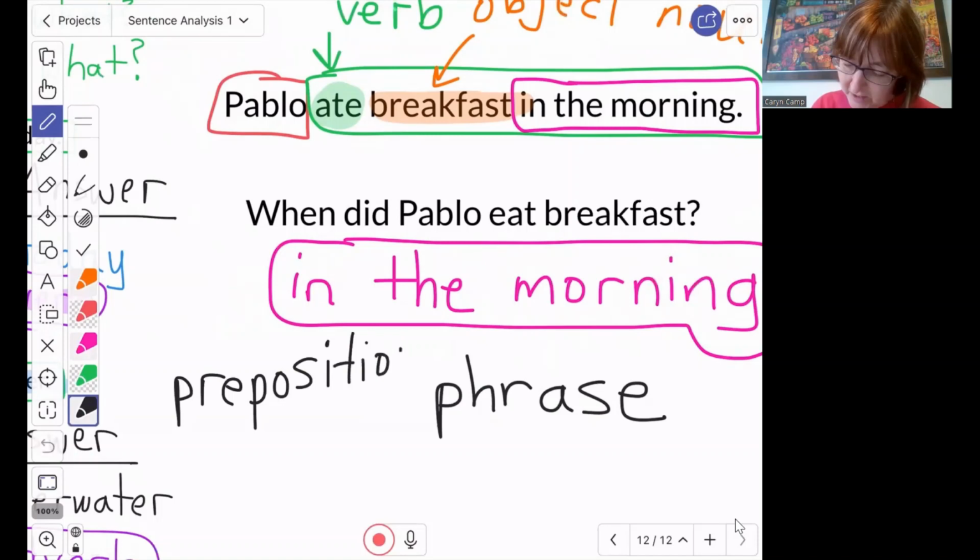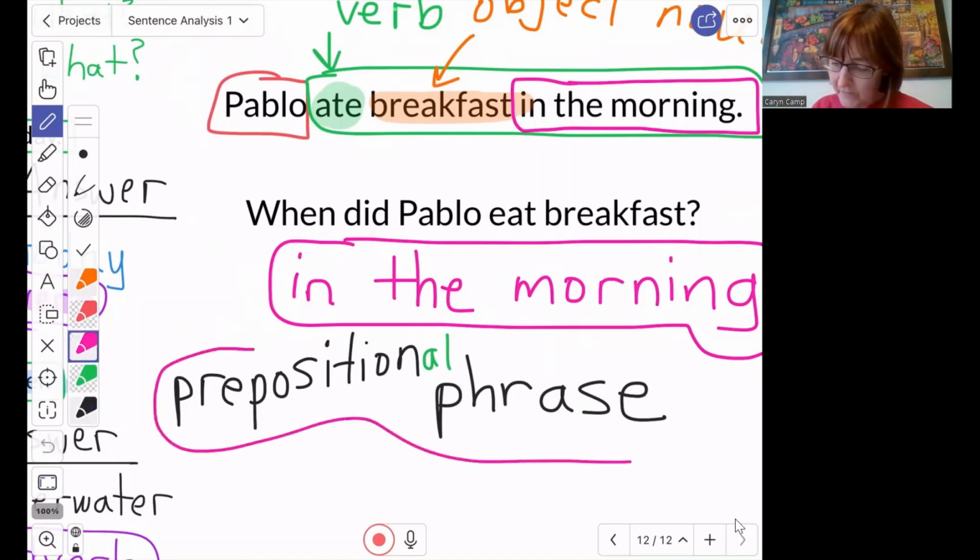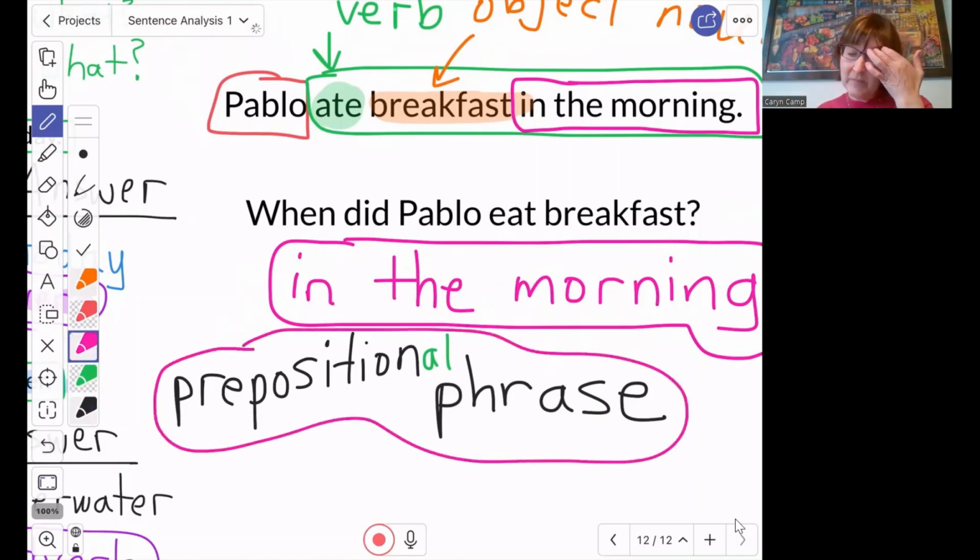Preposition. Say preposition, hold up 4 fingers. Preposition, 4 syllables. But I'm going to add 2 letters, A-L. Prepositional. Now you need 5 fingers. Prepositional. Say it again. It's fun. Prepositional. So a prepositional phrase is what we call